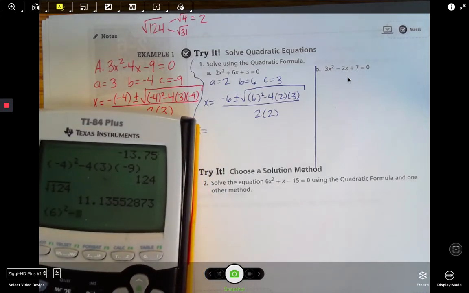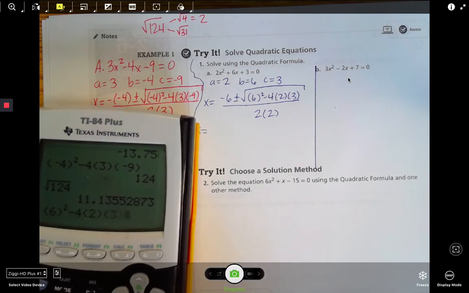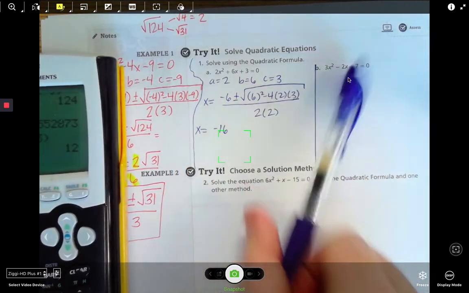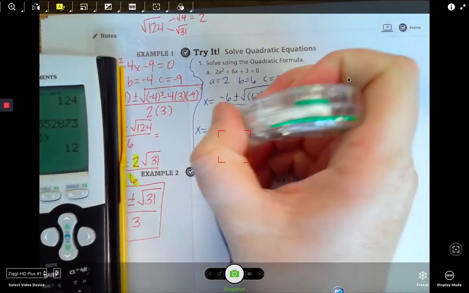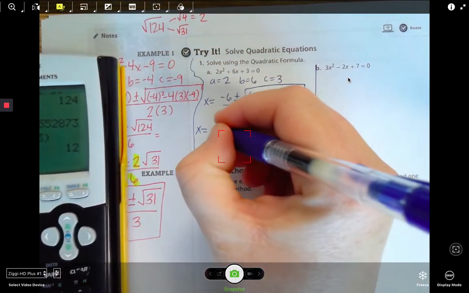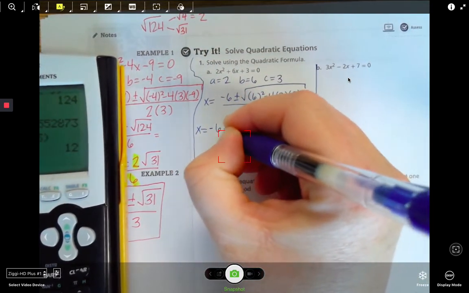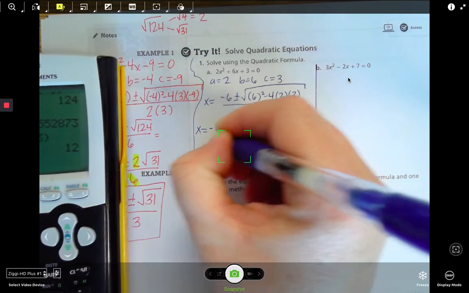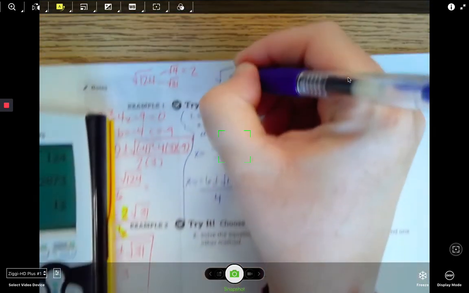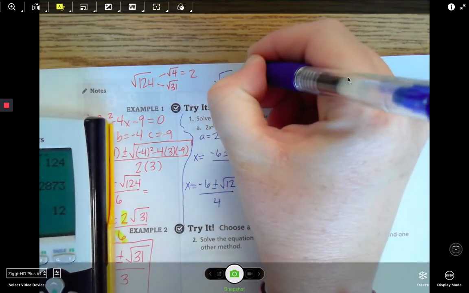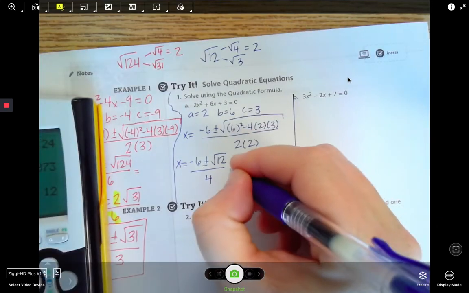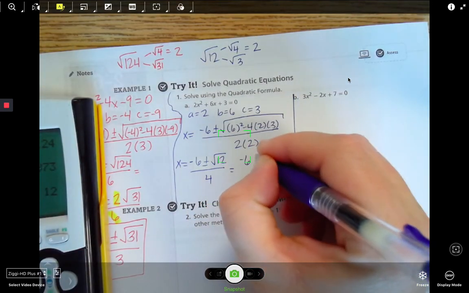6 squared minus 4 times 2 times 3, get 12. Negative 6, oops, not 16. Negative 6 plus or minus the square root of 12 over 4. Square root of 12 can be simplified to the square root of 4 and the square root of 3. The square root of 4 is 2. So that's going to be negative 6 plus or minus